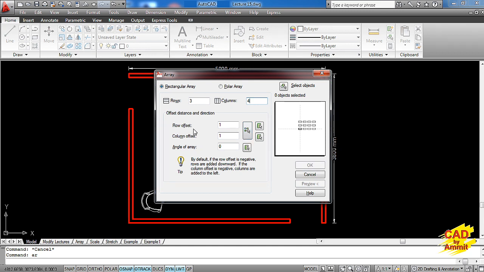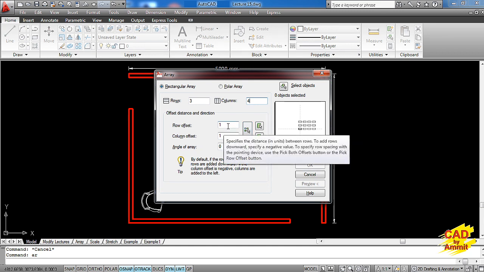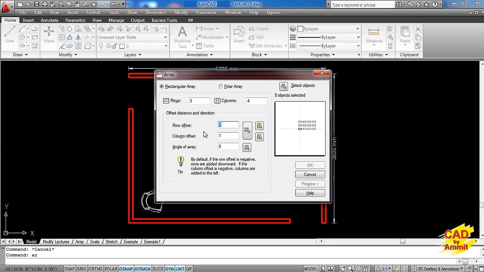Then I am supposed to give the row offset. The row offset value I want to give, because the 600 is the approximate height of this, or the vertical dimension is 600, and I want to keep some gap also between the armchairs. So I'll keep it to 950 millimeters, and column offset I want to keep as 1000 millimeters.